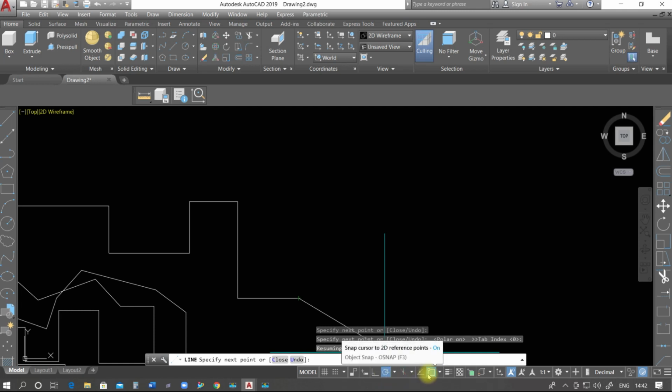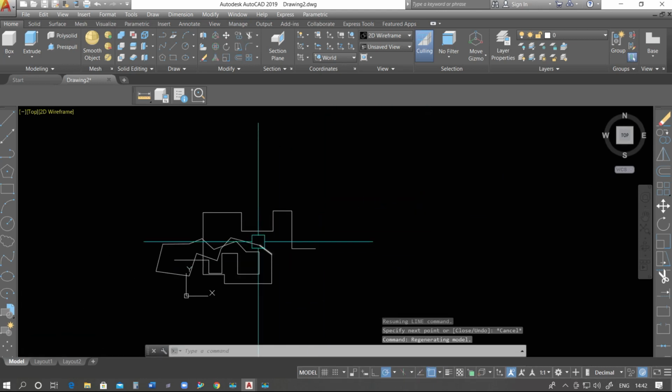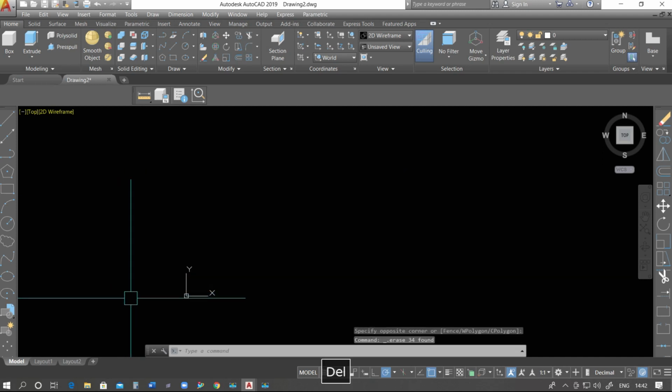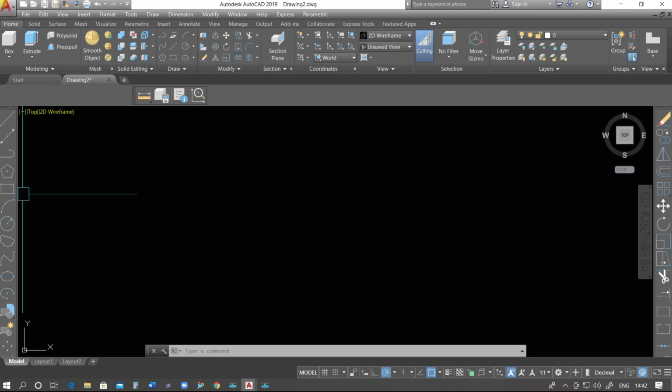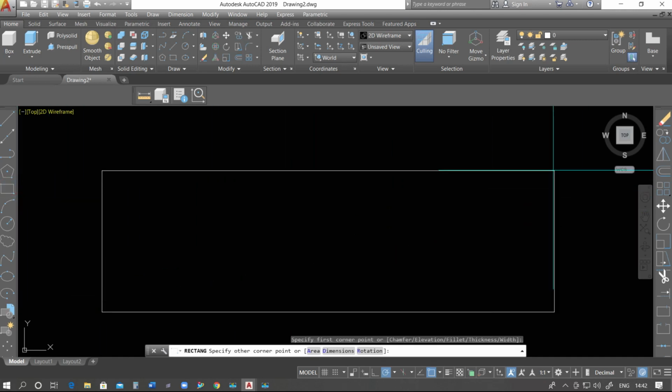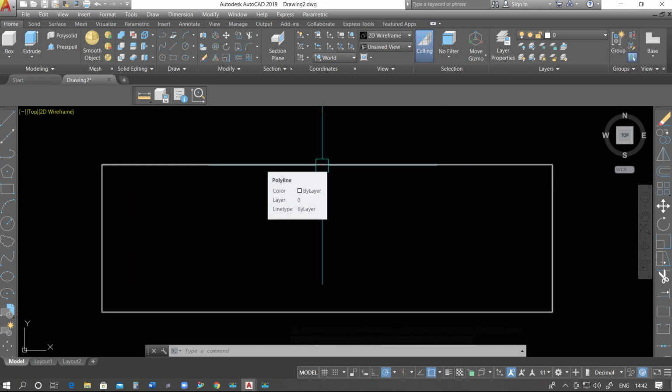And the next one is a most important thing, that is OSnap. Object snap is the mode through which we can easily locate points of the geometry. Suppose I have a rectangle, and the length of this rectangle is whatever. I want to find the location of the midpoint of this rectangle. How do you find this?